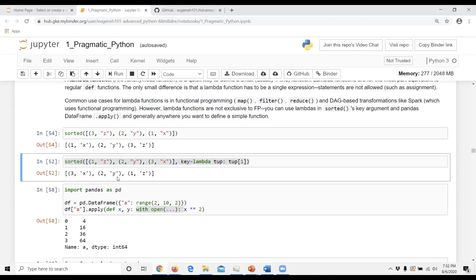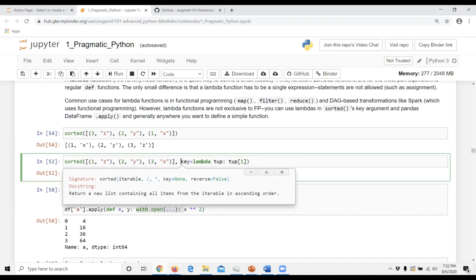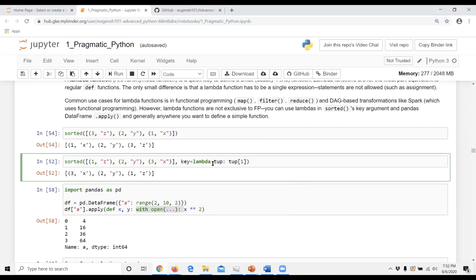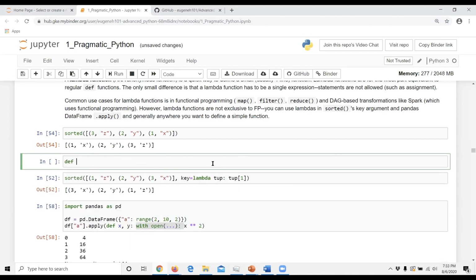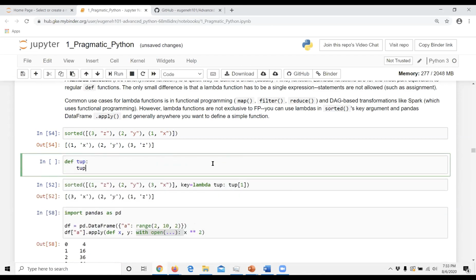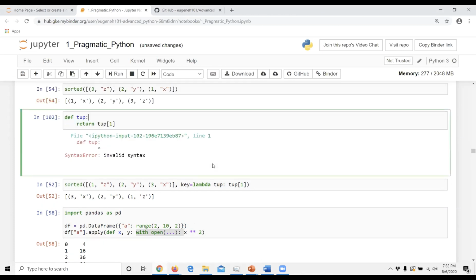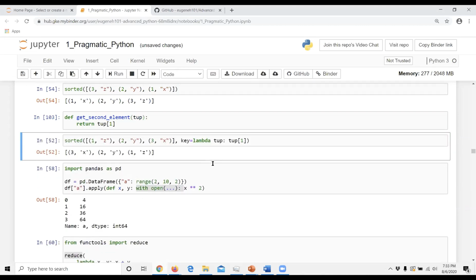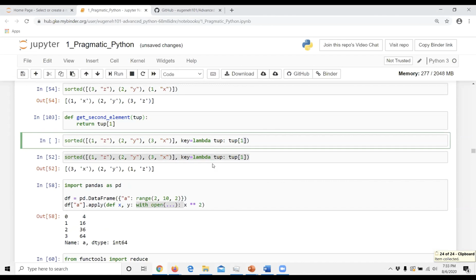So first, sorted takes a key argument. This key argument is an argument of sorted itself, and the key requires a function. There are other ways to do it, but for most users, the key argument of sorted takes a function. So you could take a regular function. If I were to define it like this, get second, that's effectively this.